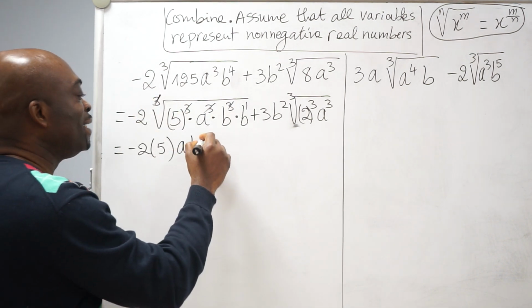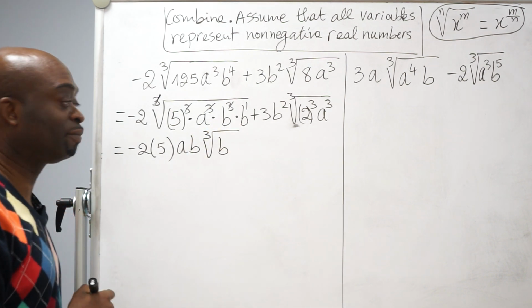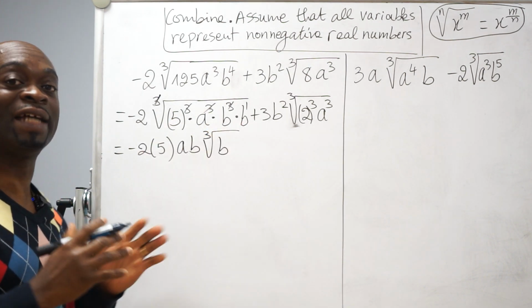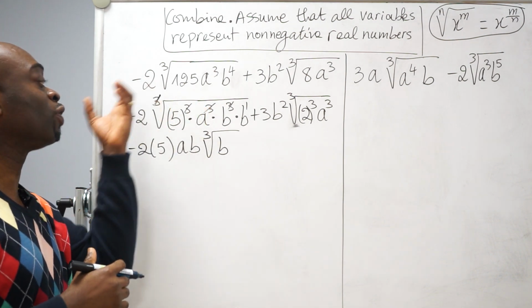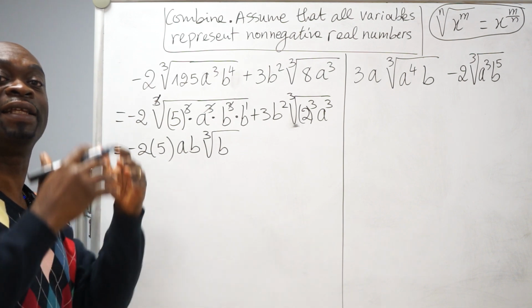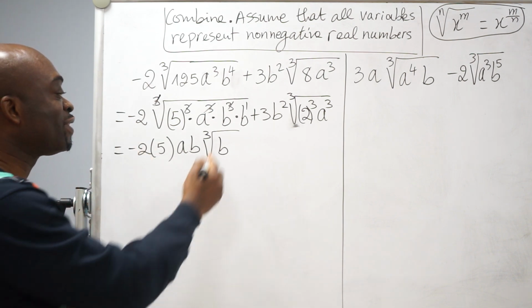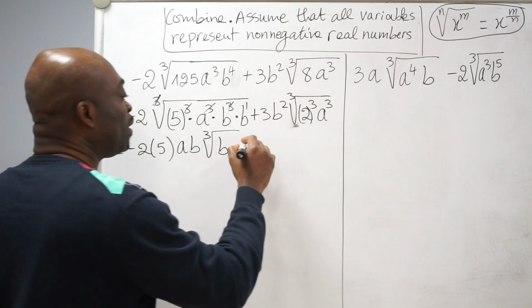And what is staying in? The cube root of B to the power 1, or just B. So this one, which is not a perfect cube, stays under the radical. The perfect cubes will go outside, and the ones that are not perfect cubes will stay under the radical. That's how it works. Okay? And then plus,